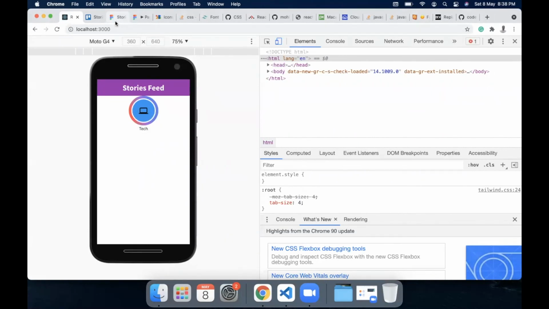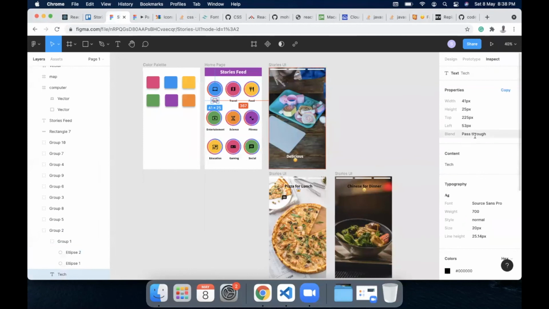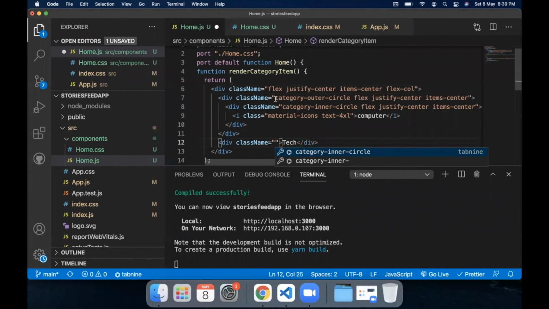Other than that, I think the text is bold. So let's just go to the text property, and the font size is around 20px. So we can have a class here with a name, category text.